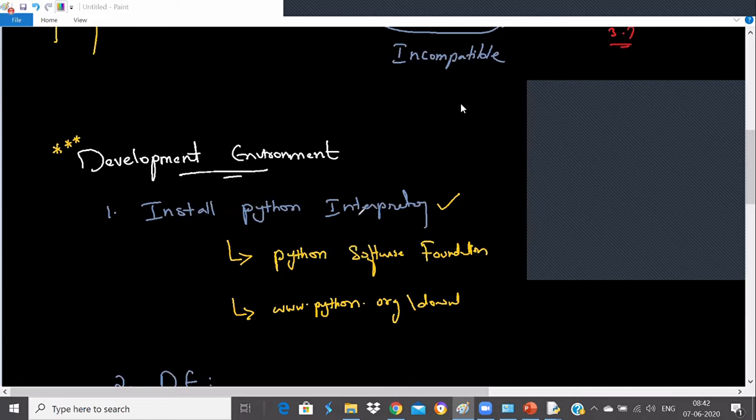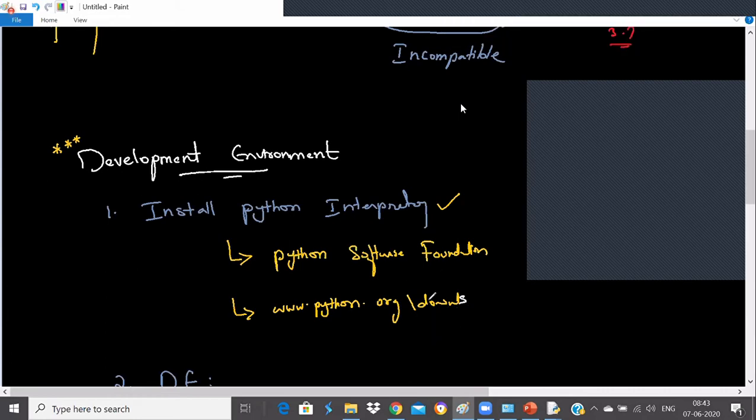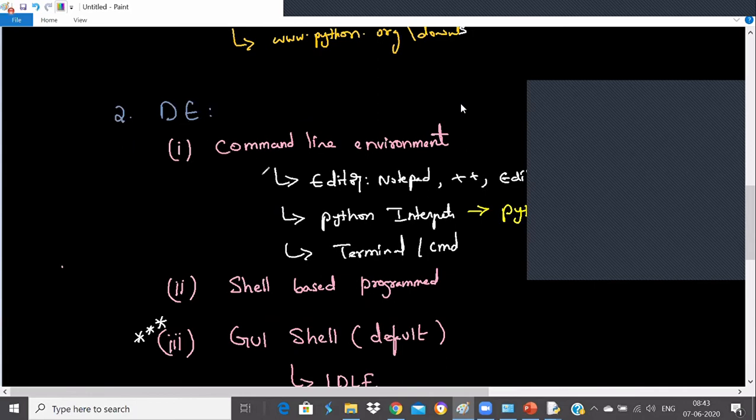You can install the Python interpreter by typing www.python.org/downloads. When you type this slash downloads, it will take you to the Python location, and from there you can download the current version of Python. When you're downloading, please read the content properly and check whether you are setting the path and whether pip is getting installed or not. It hardly takes 2 to 3 minutes to install. Once you download and install Python, go to the command prompt and check whether Python is working by simply typing python -v, which will tell you the Python version. Once it is installed, you can start writing your Python program.